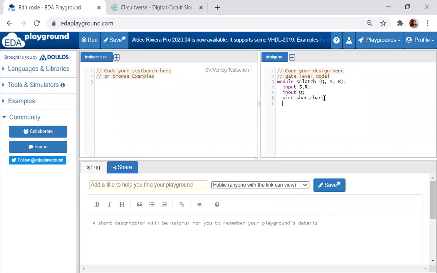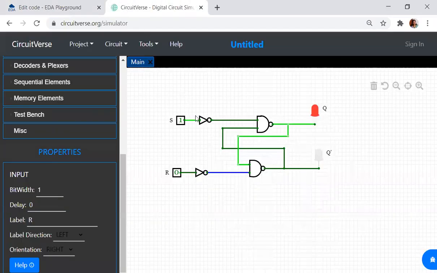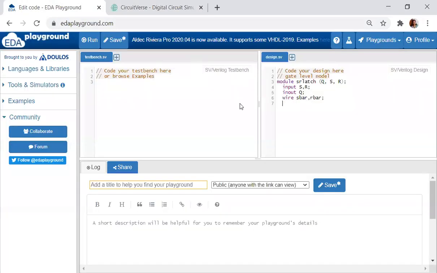Now what is the first thing? I have 4 gates. If you come to the diagram over here, this is gate 1, gate 2, gate 3 and gate 4. So what is the first gate? First gate is the NOT gate. NOT is a primitive which already exists in Verilog.